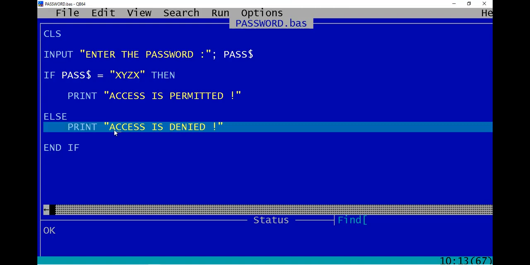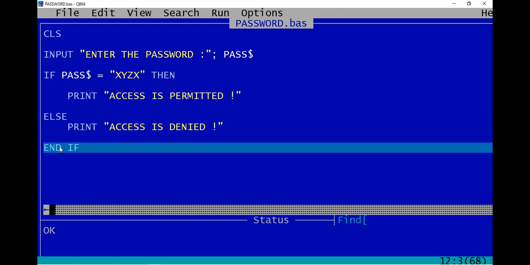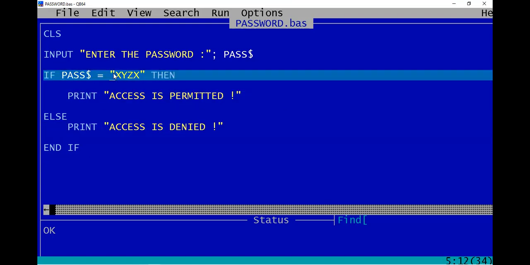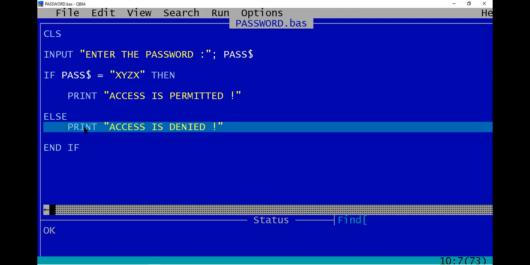And finally, the end of the if statement. So you will get two outputs. If password equals xyzx, you will get the output access is permitted. And if the password is not matched, then you will get the output access is denied.